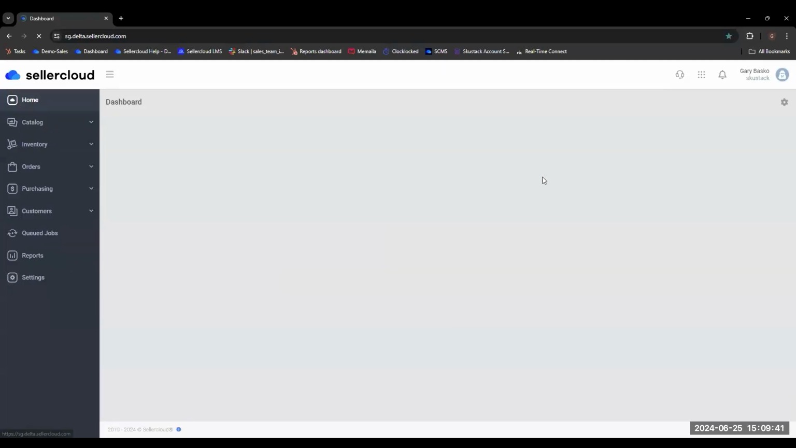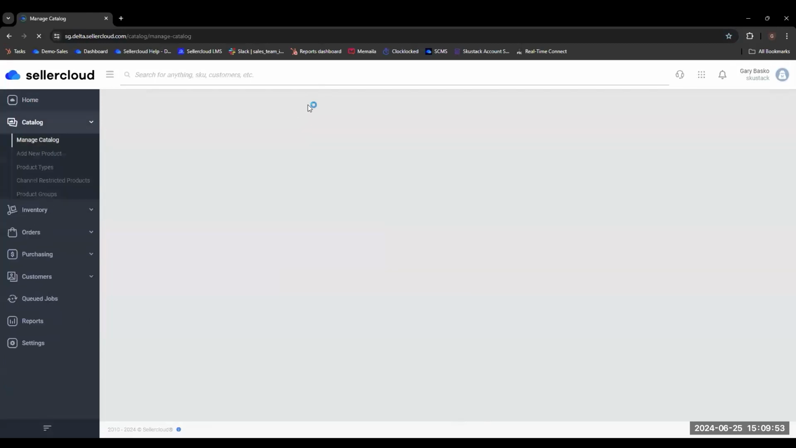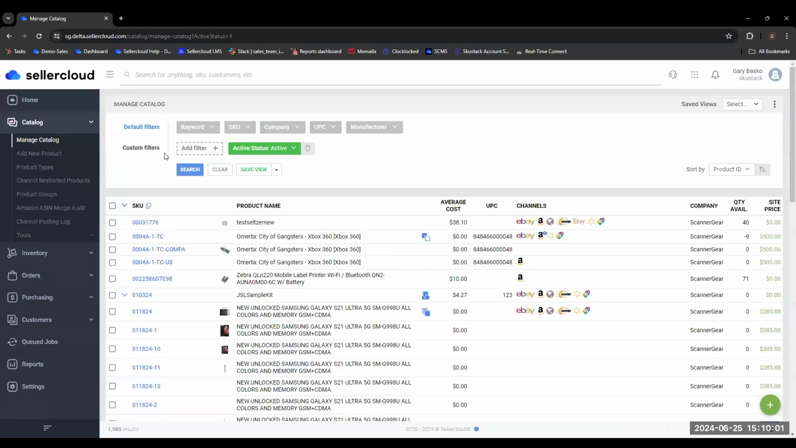Now, the last type of report that a lot of our customers don't realize that they'll be able to utilize inside of Sellercloud are the different manage pages that they can go ahead and view. Maybe I want to get a report on all of my products inside of Sellercloud that are currently active and listed on Amazon. I can build that report through these manage pages by utilizing all of these different default filters